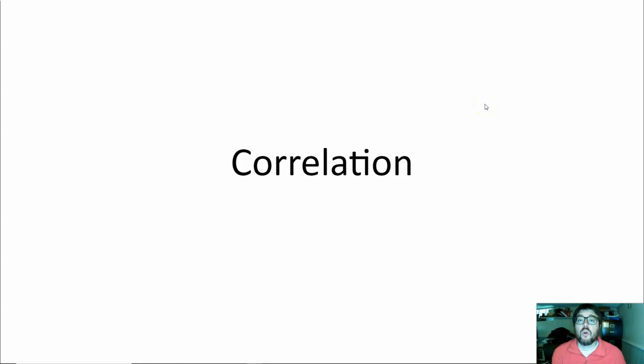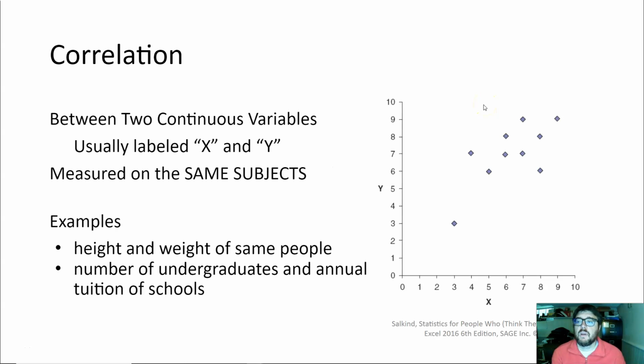This lecture is about correlation. When we're talking about correlation, we're talking about a relationship between two continuous variables. That's a crucial distinction that we make in statistics as opposed to common language. And a correlation can only be measured when you have two continuous variables, and they have to both be measured